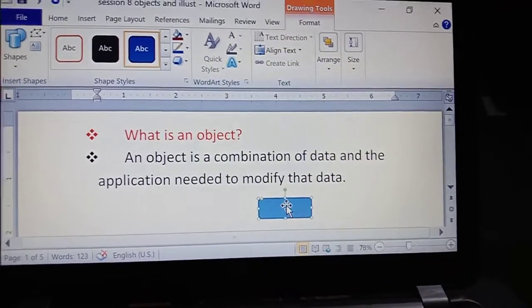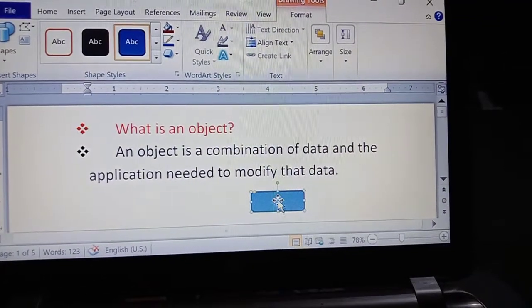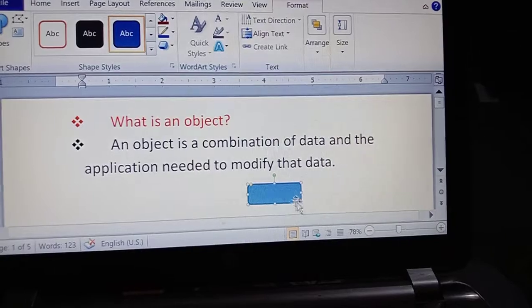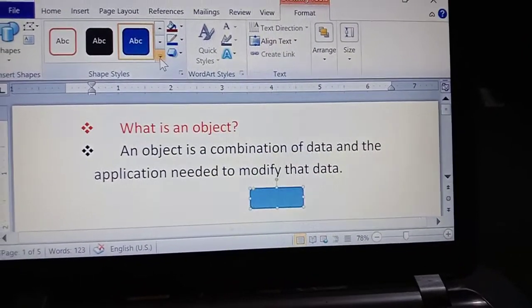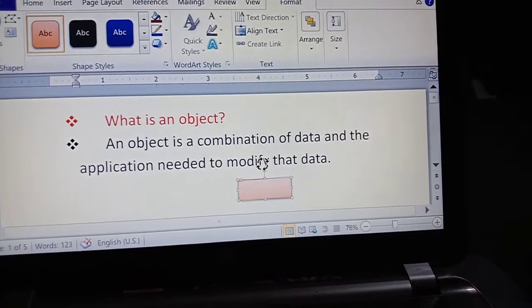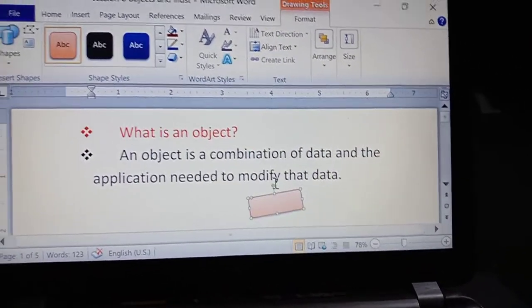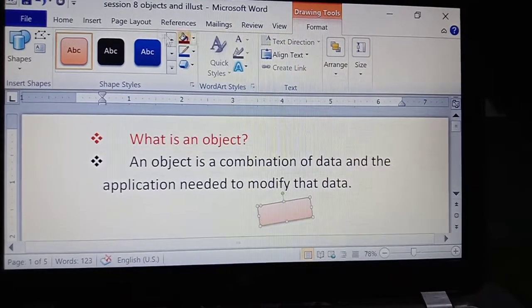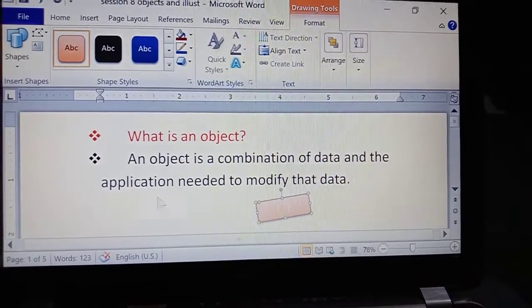So here I am taking the data as this one, and here the application I am modifying. Modifying means, suppose, see here I am giving another color for this, and I am rotating like this. I am modifying this data with the help of the Microsoft Word software.